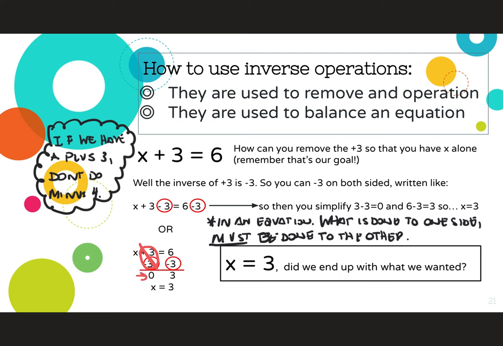That leaves you with 0, which would then bring the x down by itself. Then you can do the basic math operation. 6 minus 3 is 3. Now we have x equal to 3. The question is, did we end up with what we wanted? X alone set equal to a value. Yes, we did. We're going to give it a nice, beautiful check mark. Alright, we're good to go. So that's an example of how to use the inverse